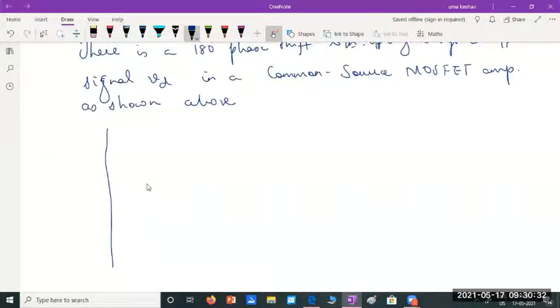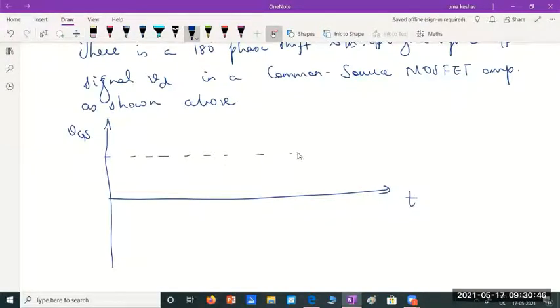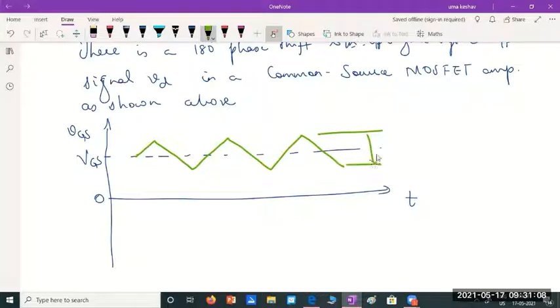Remember, this represents VGS if I take the total value with respect to time. So first thing, I should fix the DC value. So this is my DC VGS if this is 0. Now you have a small signal voltage, anything you can consider. Say this is the small signal AC voltage. You can take sinusoidal, triangle, anything. And remember, this voltage is small vgs.